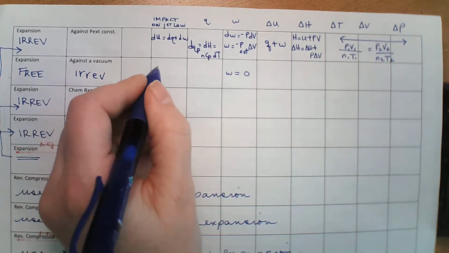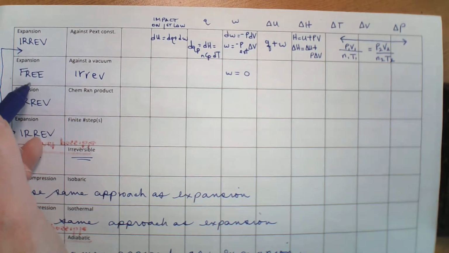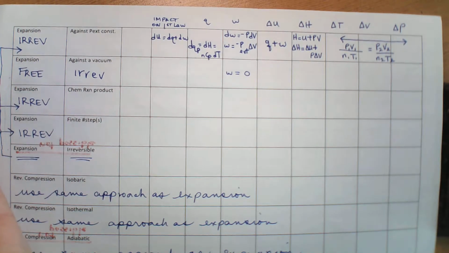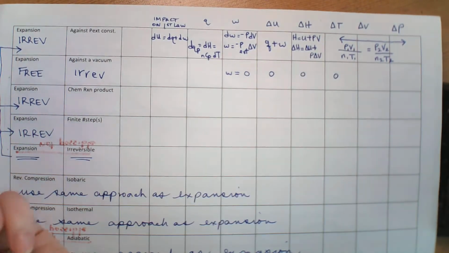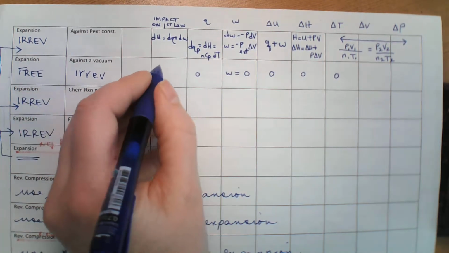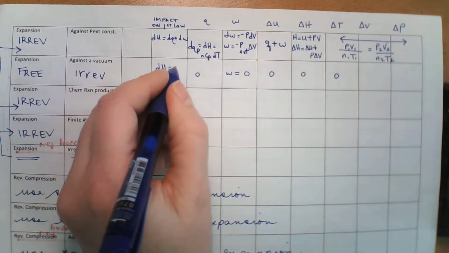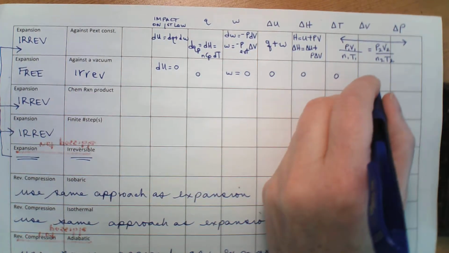And there's no Q exchanged because there's no change in temperature, there's no change in enthalpy, there's no Q, and the impact here is that dU is equal to, well, 0. The delta V is